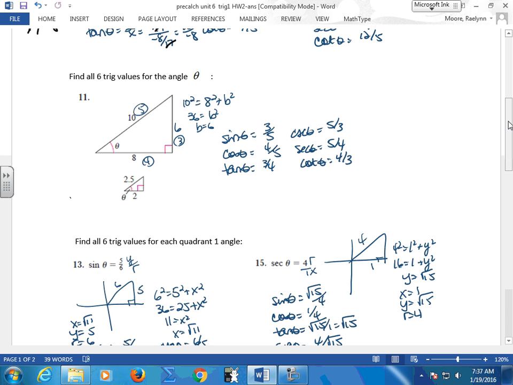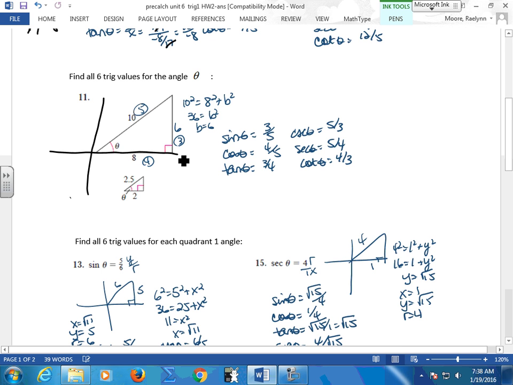They did reduce this. Yeah. I got 1.5 over 2.5, which is the same. Yeah, but don't ever leave a decimal in there. No decimals in your fractions. When you do this, they did opposite over hypotenuse and adjacent over hypotenuse, just to make you think in terms of that a little bit. If this is your opposite, even if you wanted to put this on a grid and make this be your y, make this be your x,